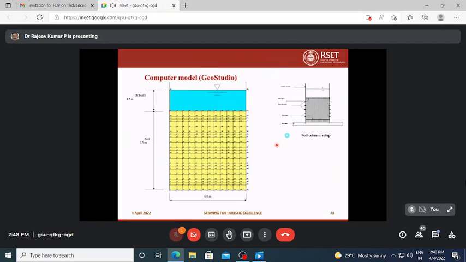Along with this, I mentioned to you that to get clarity in the experimental results, one can go for computer simulation. These days, very powerful software tools are commercially available in the market. So we have used GeoStudio to simulate such conditions. GeoStudio is a finite element based software. One need not have basic or even in-depth knowledge in finite elements. The software takes care of everything.